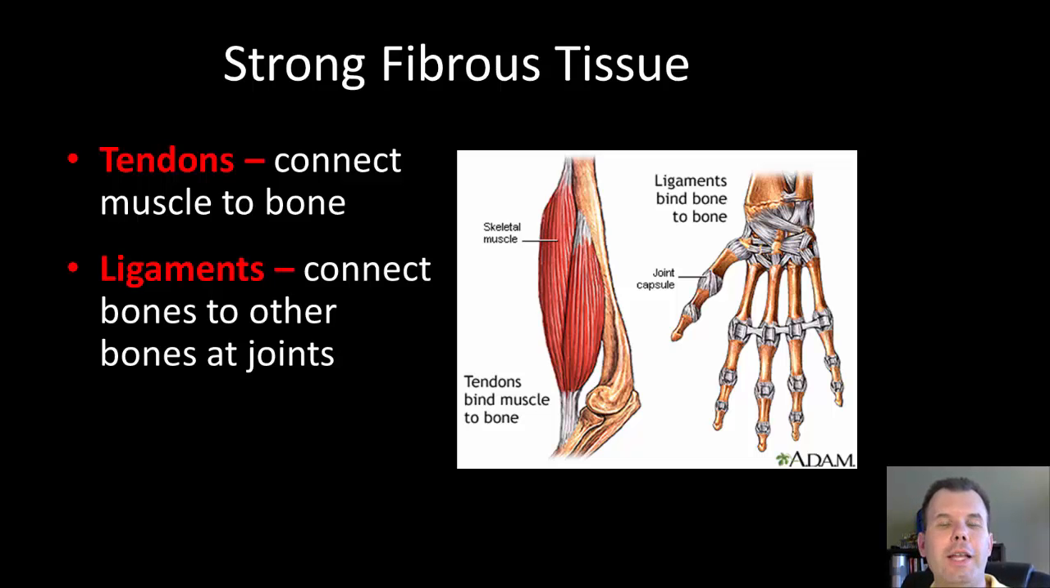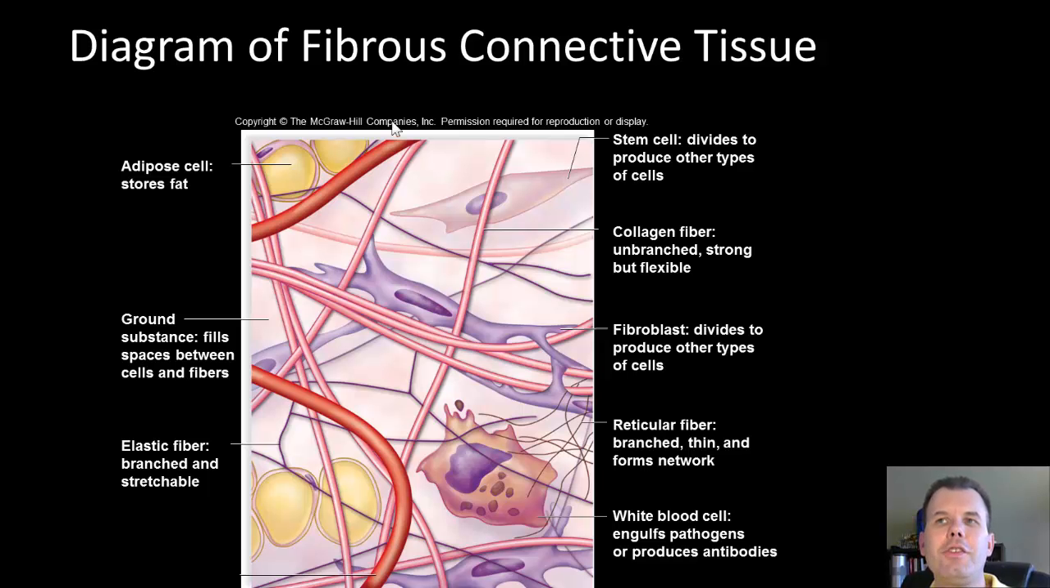So think of tendons, tender meat. The tendons connect muscle to bone, and then our ligaments attach our bones to bone. So wherever we have bones attaching to each other in our joints, all those are surrounded by ligaments. Okay? All right, and then this is just kind of a diagram showing the loose fibrous tissue, and you